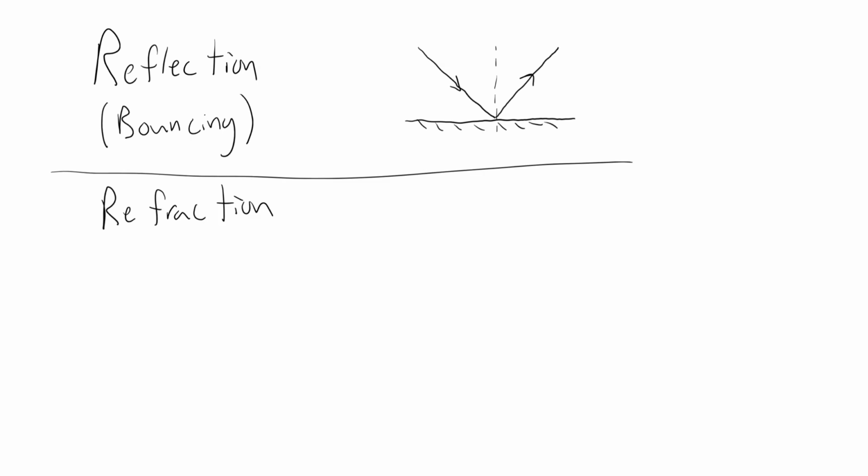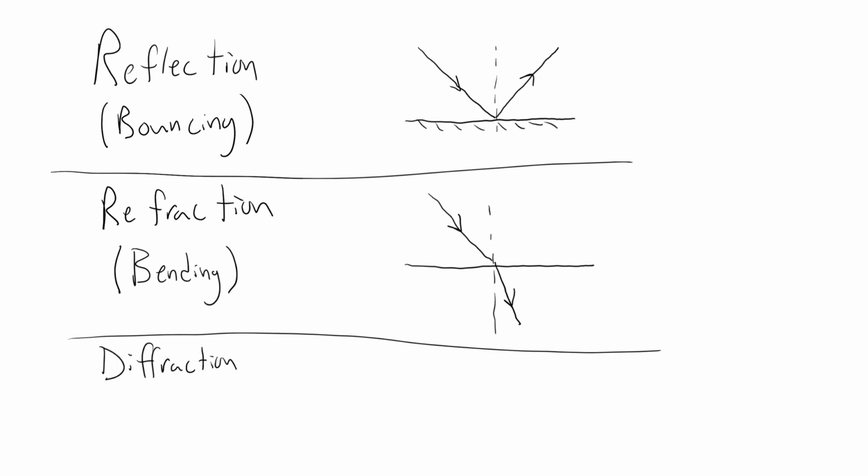Refraction looks like this with the incident ray, and it is the bending of a wave. So it bends towards the normal in that case. Diffraction, so I should write bending. So reflection is the bouncing, refraction is the bending, and then diffraction looks like this, where there's a barrier, maybe